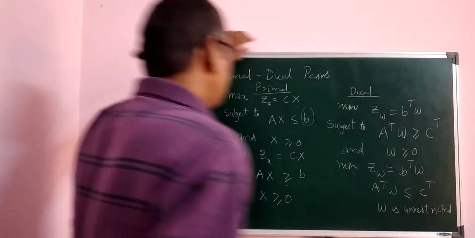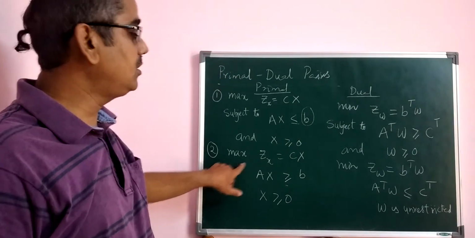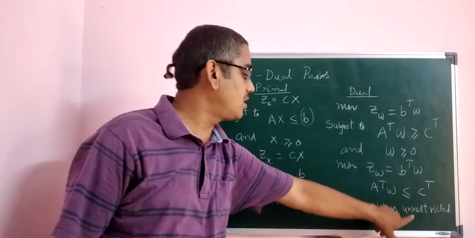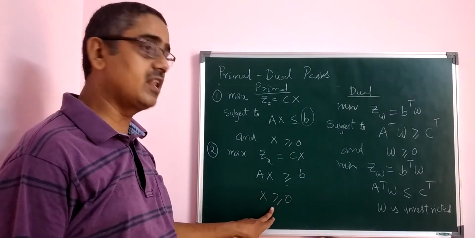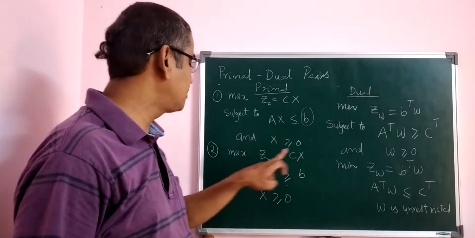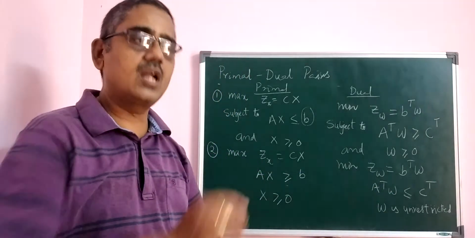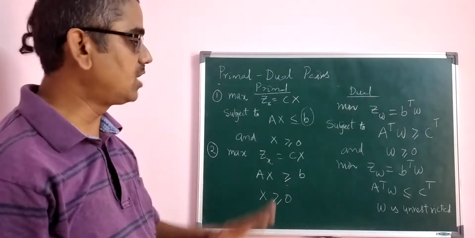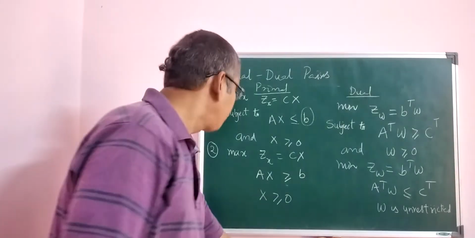This is another important change. If it is maximization with greater than or equal to constraints, the dual is minimization with less than or equal to constraints and omega unrestricted, while the primal variable is greater than or equal to 0, restricted. There are several forms you have to read properly. These are the two particular forms. Now I write some more forms, so form number 3.